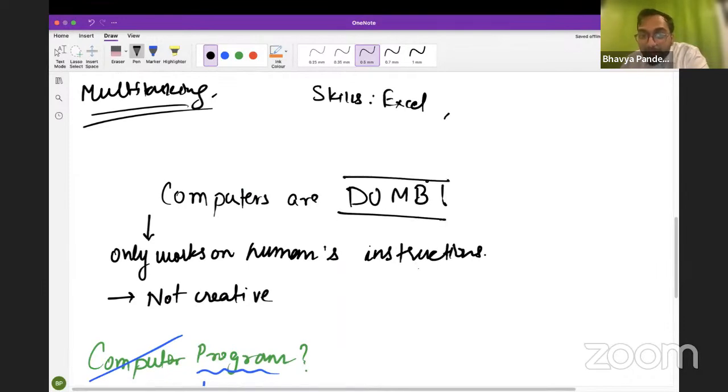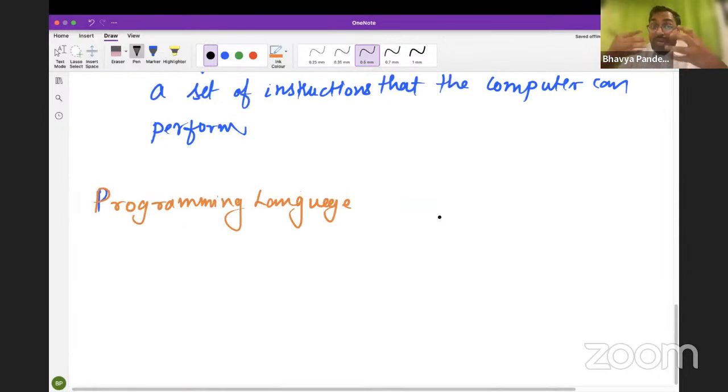Because computers are dumb, but we are not. We have common sense. We understand expressions. We understand the tone of the voice. We understand sarcasm. Not everyone does. We understand basically the context, right? We understand the context. What is the context in which we are talking about, right? So a human being can understand these languages, Hindi, English, Malayalam, all these languages because human beings have common sense,